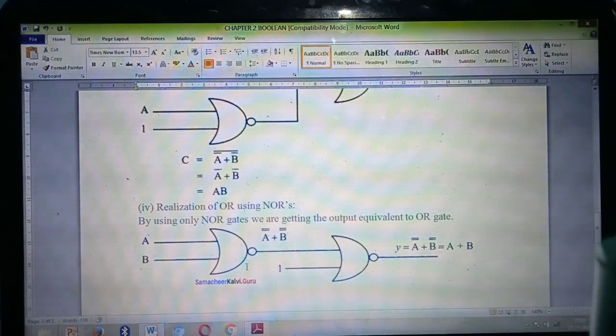So okay students, chapter 2 is completed. In the next class we can move on to a new chapter, chapter 9, which is very different. This chapter 2 Boolean algebra, study thoroughly, a very important chapter. Again and again I am telling you, you can expect one 5 mark question and one 2 mark or 3 mark question from this chapter. So please study thoroughly. Thank you students. Remaining we can continue in the next class.